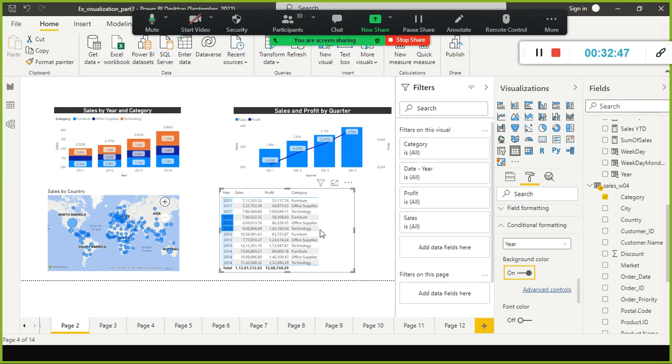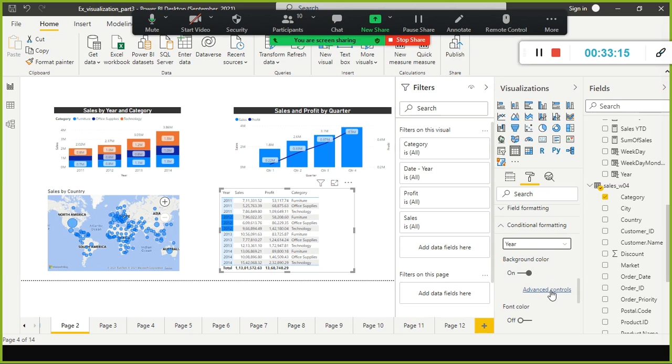Okay, so this dark blue is the highest value. Sorry, we have done it for year, right? I made a mistake here. Let us do one thing. This is for sales, not for year. See, conditional formatting, you need to be a bit cautious here. It will list out the columns for which column you need to set the value. But here again, 2012 is not the correct one. So that is something wrong here.